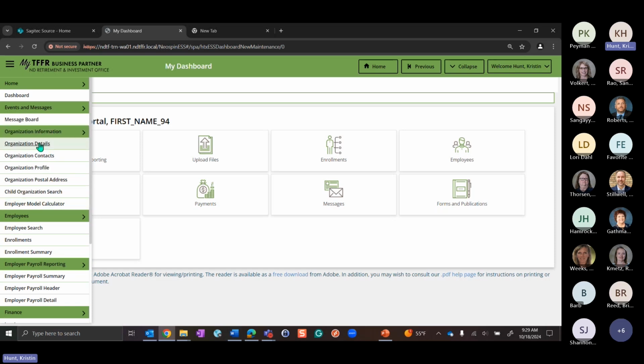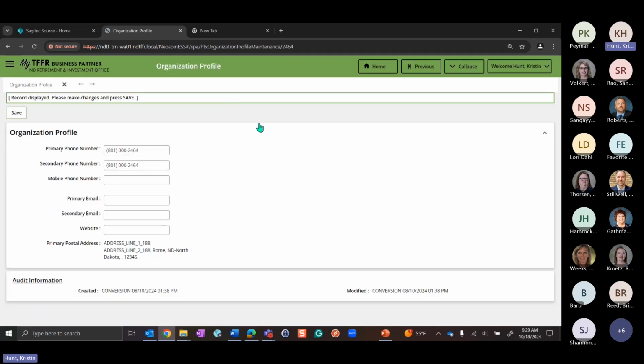First, I'll start with the organization profile. When I come here, with my role, these are not just read only, I'm able to come here and update information. If I wanted to update the organization's profile, as an employer, we refer to you as an organization.